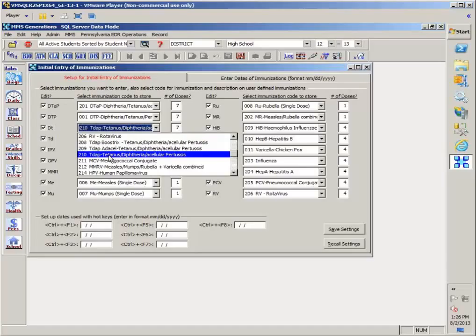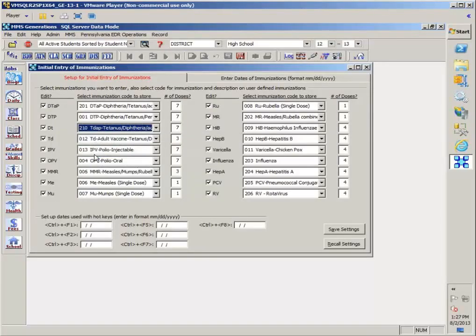Now if you want to, you can put in the actual type of Tdap that you're having. And the reason that we might need to know the difference between the Boostrix and the Adacel is the Boostrix can be given as early as 7 years old, where the Adacel, they need to be 11 or older when they have it. If you don't know, then you just use the straight Tdap,